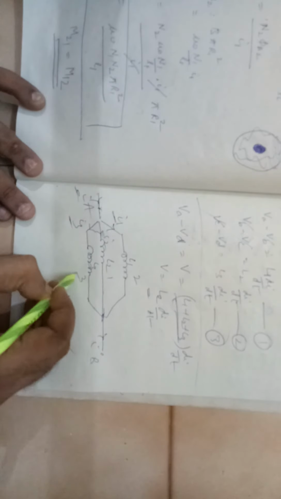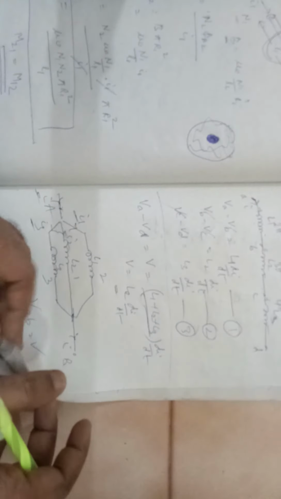Once you find that, you get 1 by LE, you need to invert it. So in the same question, let us say they have given 2, 1 and 3. How do we find the effective? We simply put 1 by LE is equal to 1 by 2 plus 1 by 1 plus 1 by 3. So this becomes 6: 2 3s are 6, 1 6s are 6 and 3 2s are 6. 6 plus 3 is 9, 9 plus 2 is 11. 11 by 6 is 1 by LE, or LE is equal to 6 by 11 Henry.